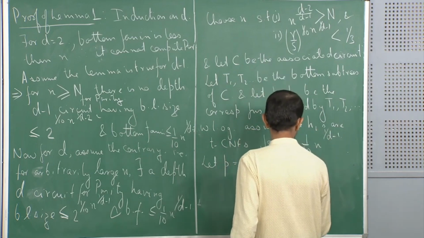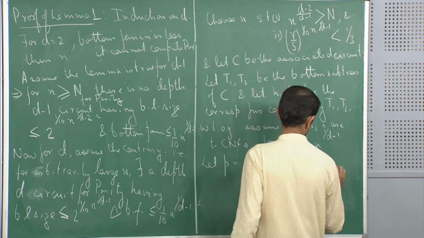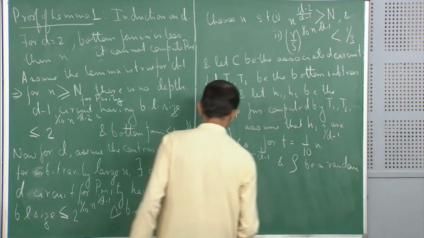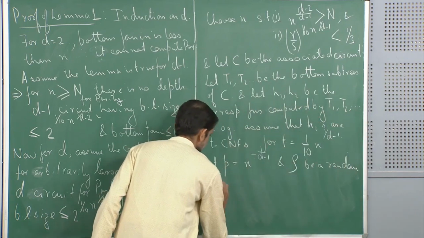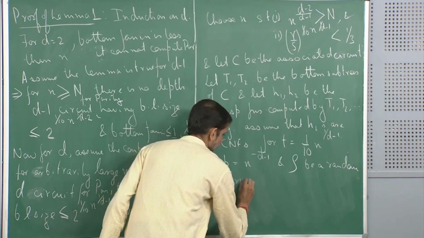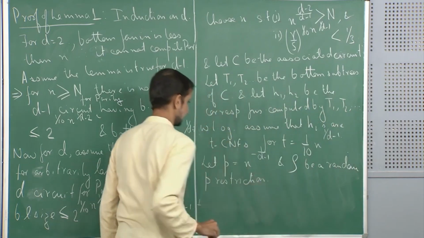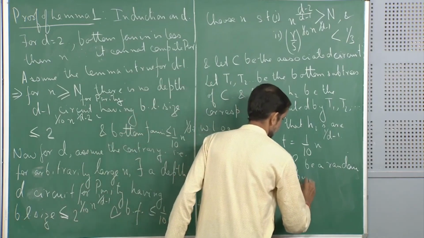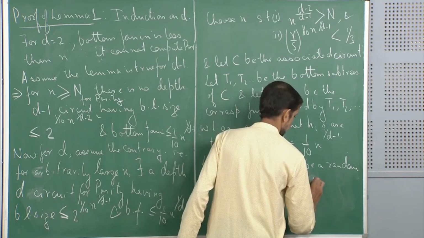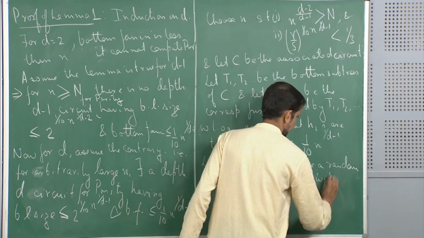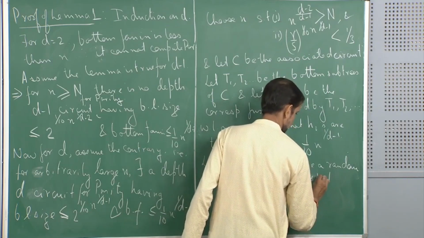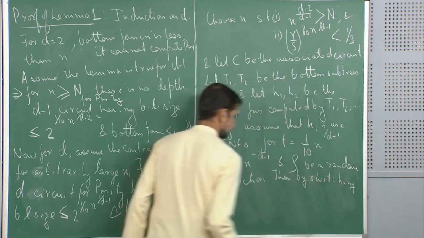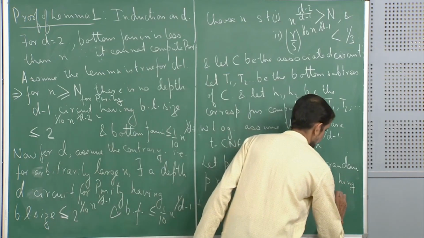And let rho be a random p restriction. Then by the switching lemma,